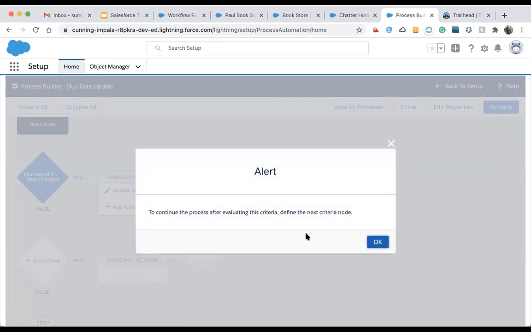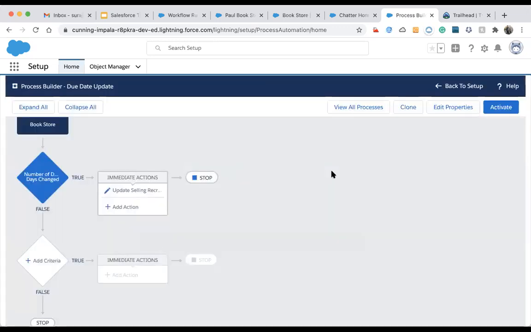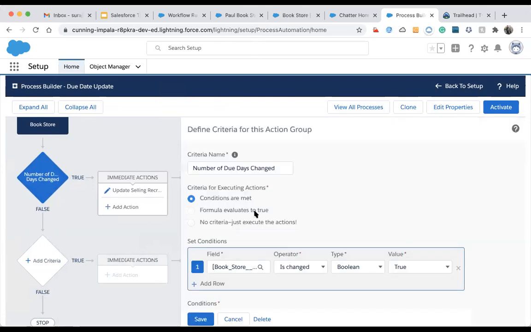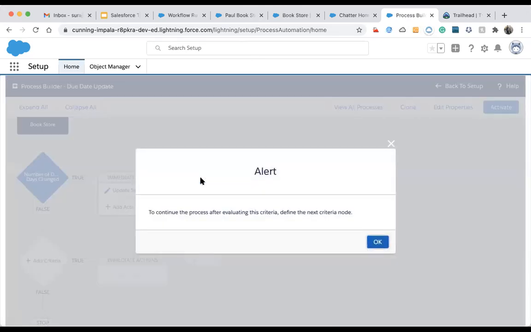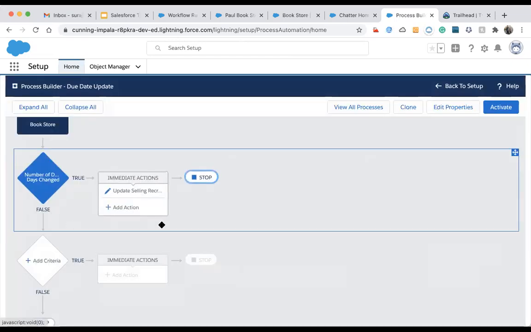Only to make that criteria option available do I need a hierarchy, because I looked at the object, and there is no other field available on that bookstore. We have only one field on which I can add criteria. So I don't have any example to put in the add criteria. That's why I just put a no criteria and show that we also have an option to execute the next criteria without making it a false condition.